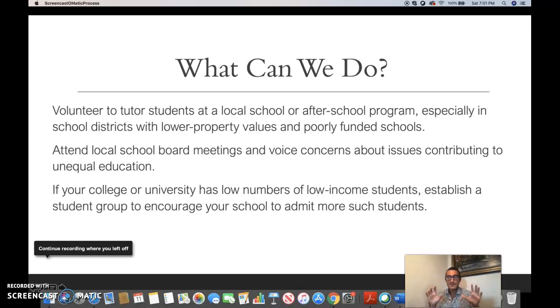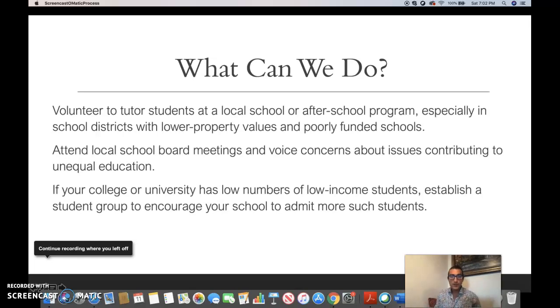But stop. Take a second. Get up in that hot air balloon and think about that. Why do you have those better credentials? Is it because you came from a privileged background? Are you white? Are you male? Are you able-bodied? Did you come from a wealthy family? Do you have college-educated parents? Did you have all of those doors opened up to you to help you succeed, to get that higher GPA, to participate in those extracurricular events?